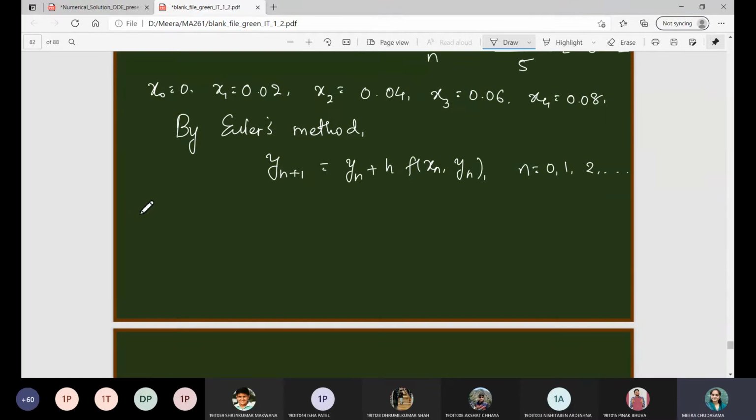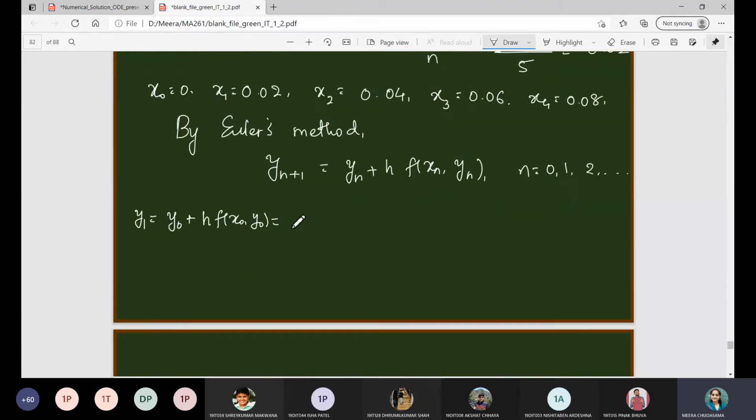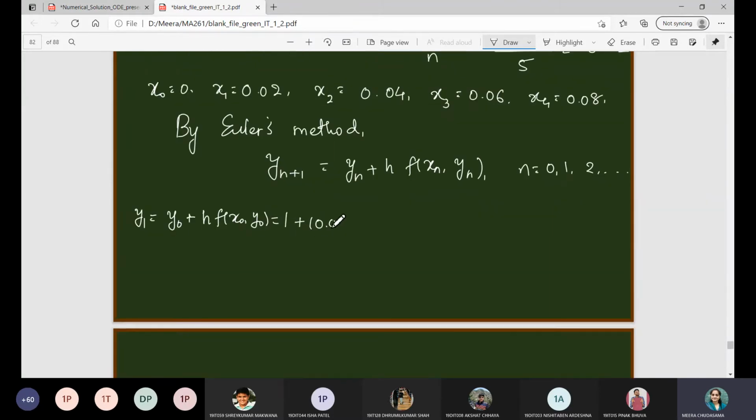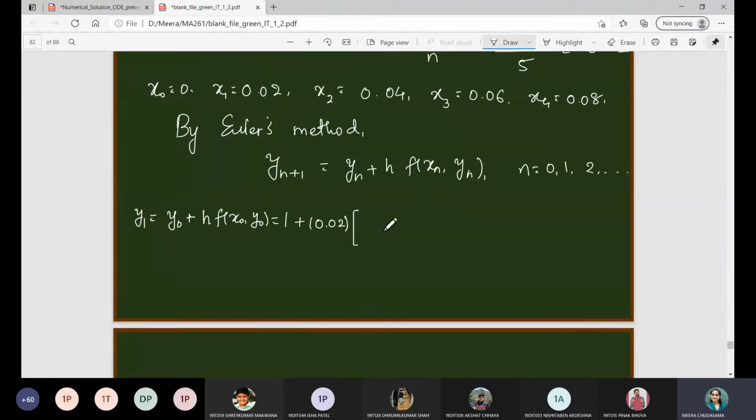So from here we will first compute the first approximation y1, that is y0 plus h f at x0 y0. So y0 we are given here 1. So 1 plus h, we have decided 0.02. The function we are given is (y minus x) upon (y plus x). So y0, which is 1, minus x0, I am directly writing, and y0 plus x0, right? So compute it and let me know the answer. Here you can see this is 1, so it is 1.02. Directly you can give the answer.